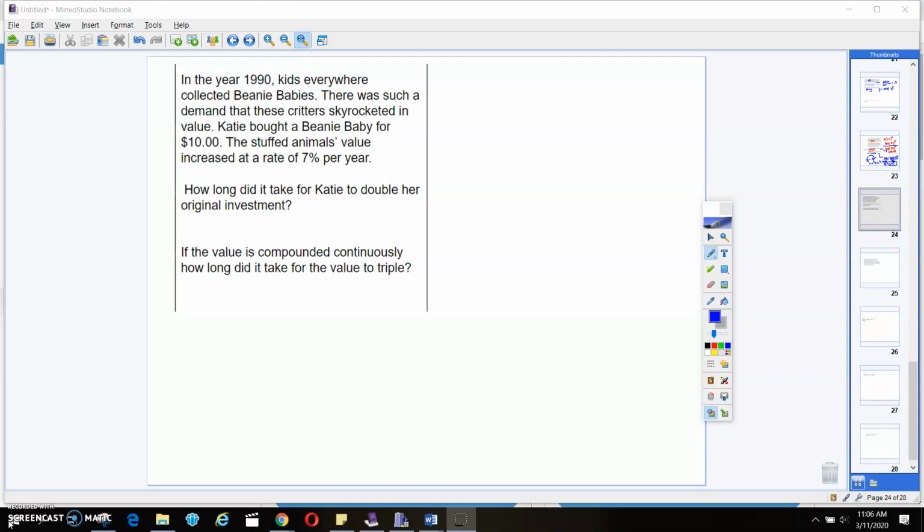Katie bought a Beanie Baby for $10. The stuffed animal's value increased at a rate of 7% per year. How long did it take for Katie to double her original investment? Okay. Isn't it 10 parentheses of 0.07 to the t? So if we put 0.07, that would be a decay, right? 0.7 would be 70%. It's 10%. So if we did it this way,